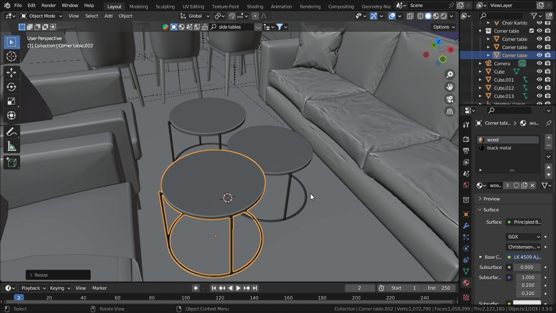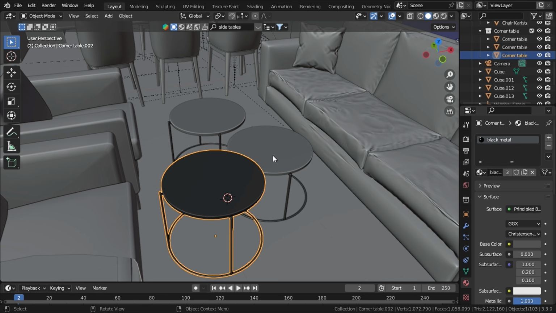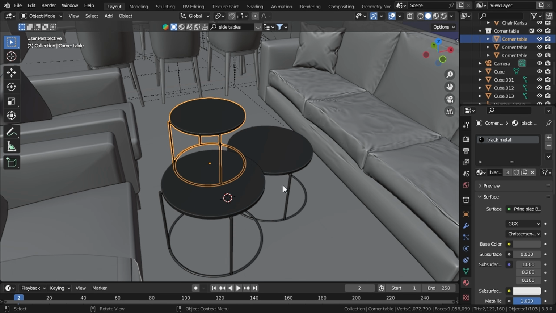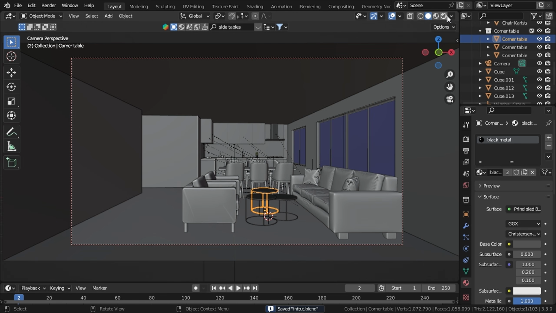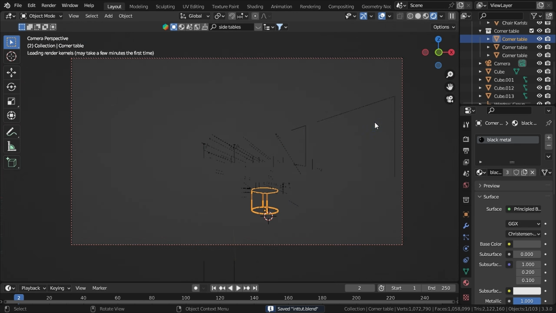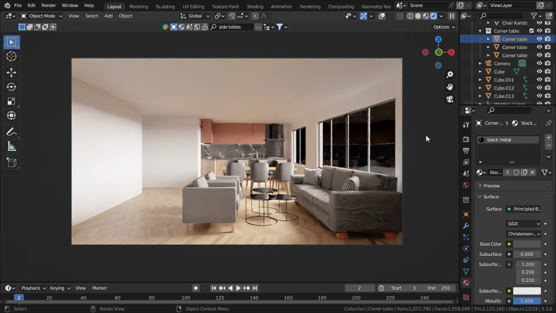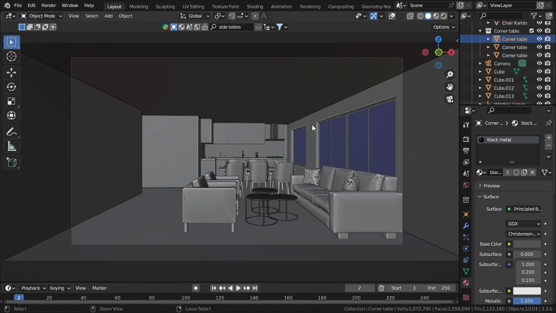And I don't want the top to be made of wood, so I will change that to black metal. So to do that, let's delete the wood material and it will turn everything to black. Now if we take a look at our scene, you can see that now it has started getting very interesting. So let's get back to our work,